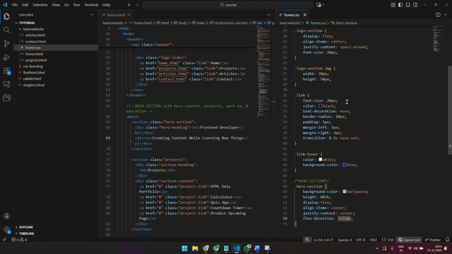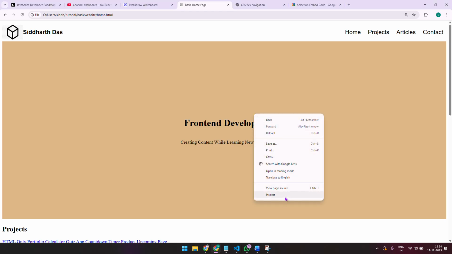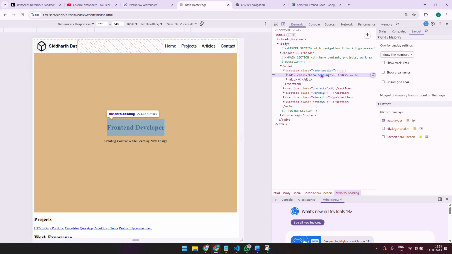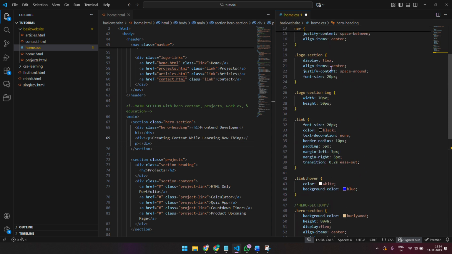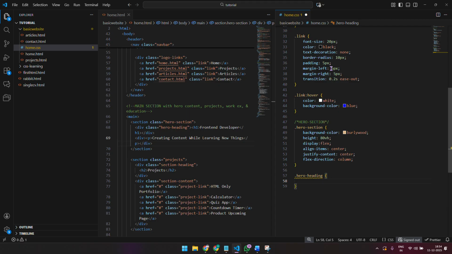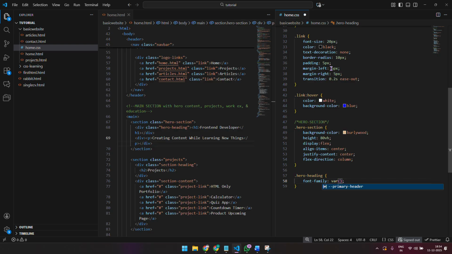Okay, so now our hero section looks how ideally we would want it. I just want to check where the divs are placed. So this div is placed here, this div is placed here. All right, okay. What if now for our hero heading we want it to use our Nunito Sans again, font family, variable primary header,